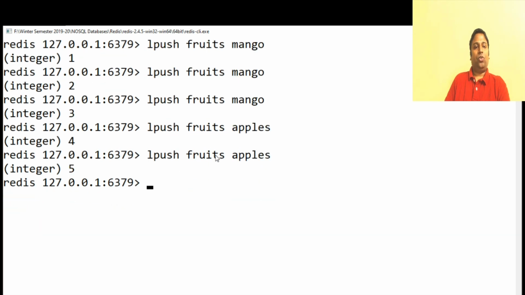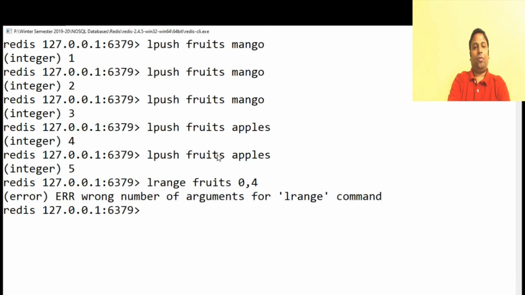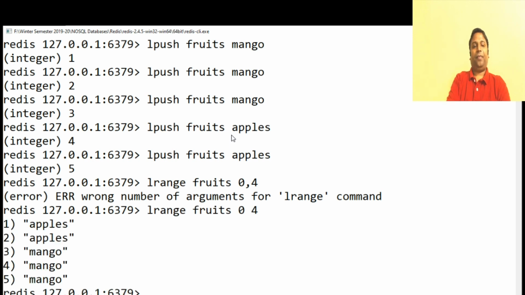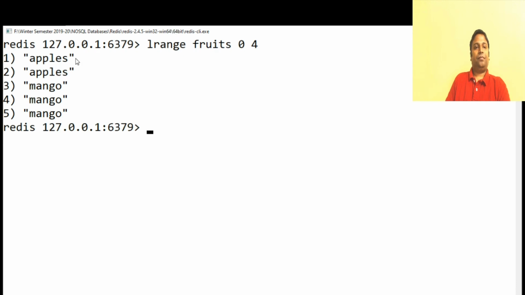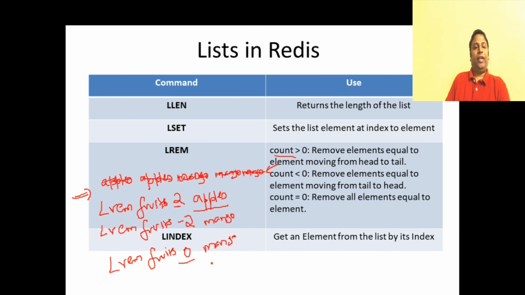Let me just show you. LRANGE fruits 0 4. Okay, I should not have the comma here. So you have apples, apples, mango, mango, and mango.